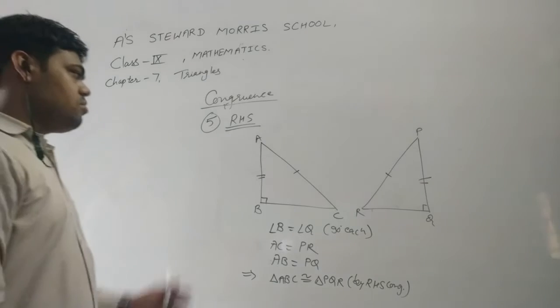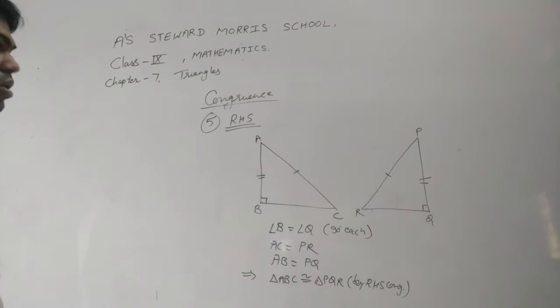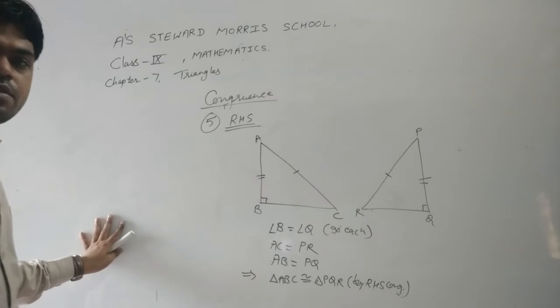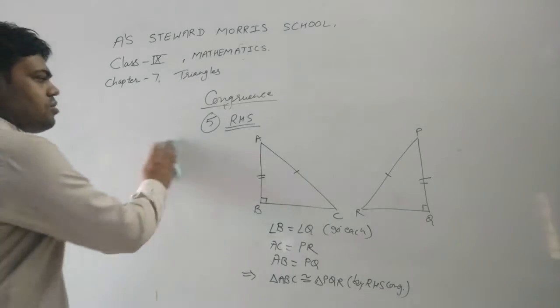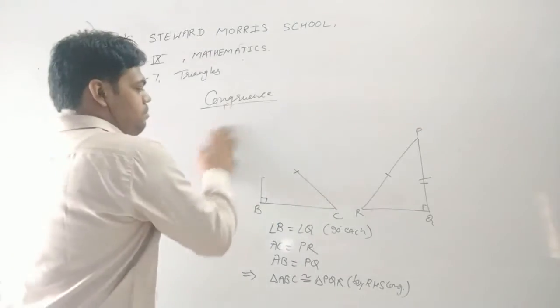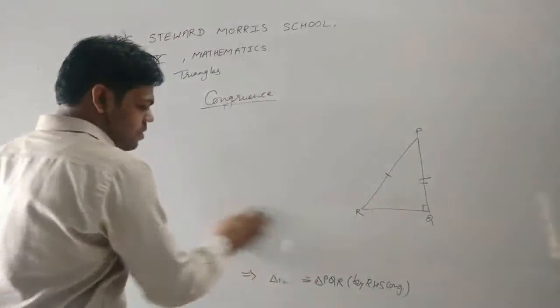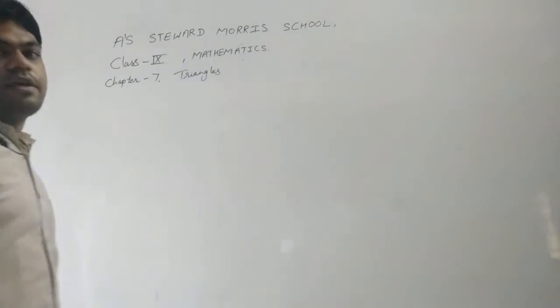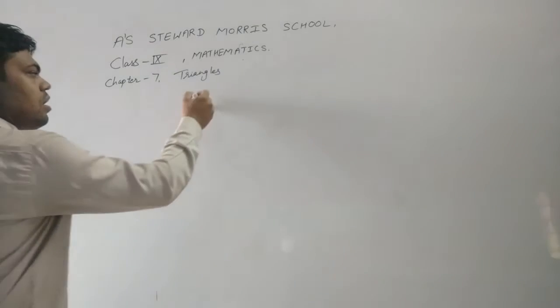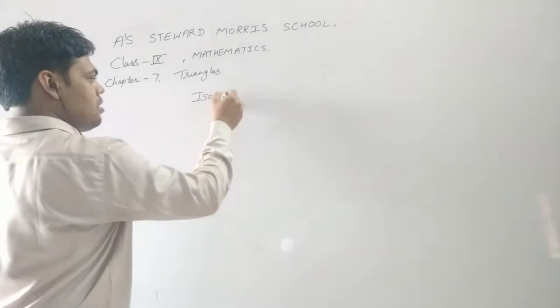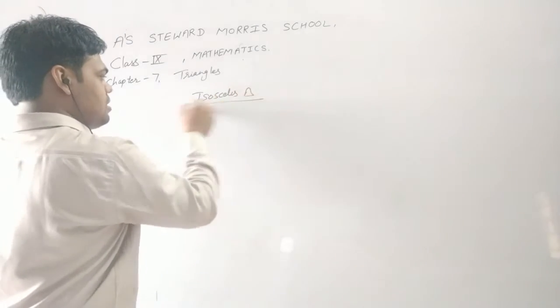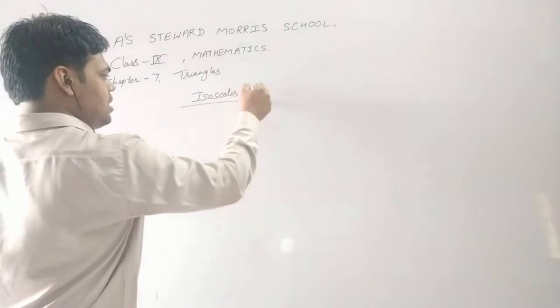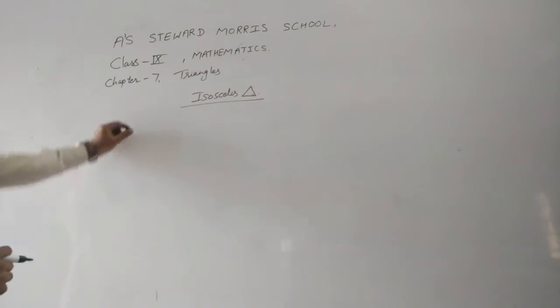Okay, so by this process we can explain all the types of congruency. There are 5 types of congruency we have done. Okay, now the next part is properties. Which part? Isosceles triangle properties. In this chapter, the second theorem part is isosceles triangle properties. The first property is